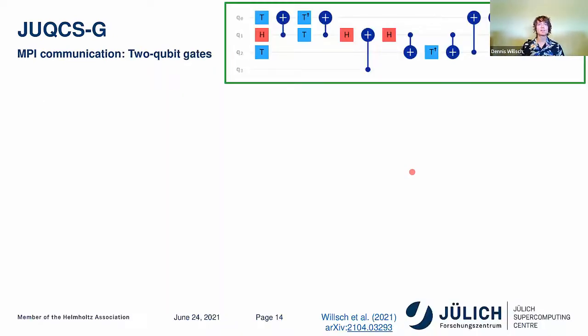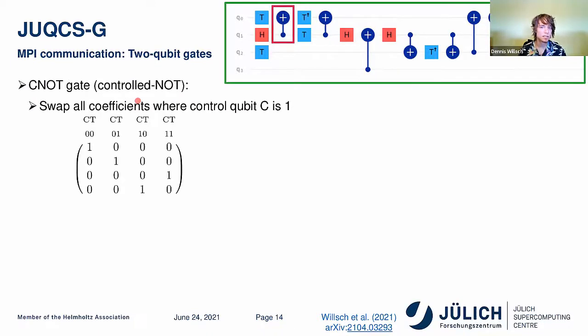So that was a single qubit gate, but as you see in this circuit here, we also have 2 qubit gates. So we have certain gates that act on 2 of these qubits. One particular example, a very popular 2-qubit gate, is the CNOT gate. This is an acronym for controlled not, and it's described by this 4x4 matrix, and it